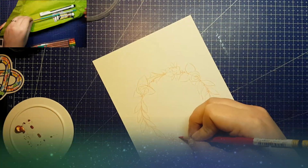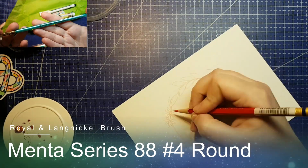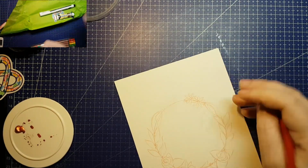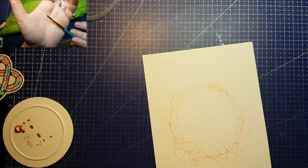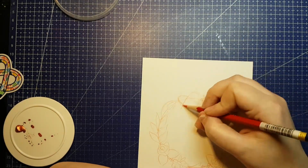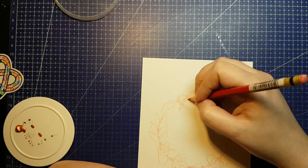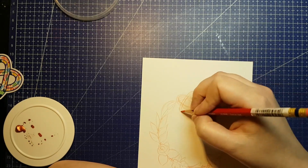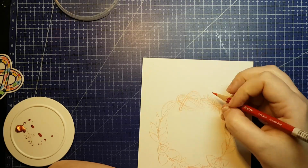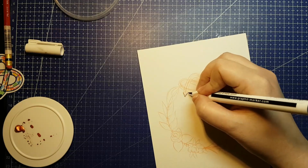Next on the card is a Royal & Langnickel Menta Series 88 brush, and mine is a number 4 round. I've seen Instagram photos of this box and talked to one other person who received this box, and I know there was a variety of shapes sent out. I've seen angle brushes, mop brushes, flat brushes, and an interesting pointed oval. Honestly, I was hoping for that pointed oval because I don't have anything like that,